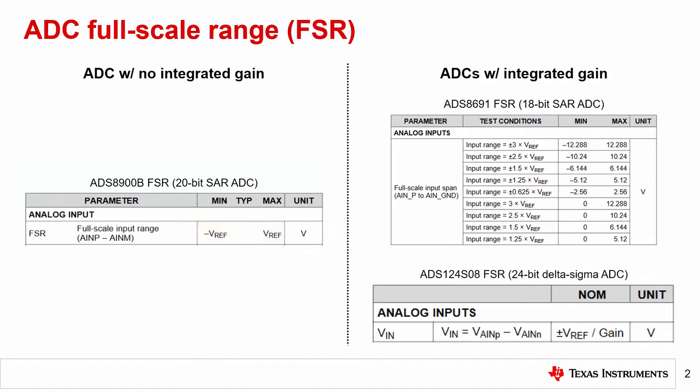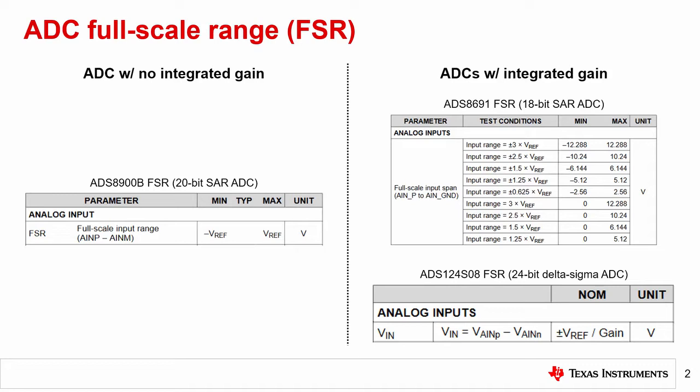While this FSR is typical of many ADCs, other ranges are possible. In some cases, the reference voltage may have a fixed scaling factor such as 2 times Vref or 1/2 times Vref. In other cases, the FSR might be single-ended, such as 0 volts to Vref. The ultimate takeaway here is that without an integrated amplifier or buffer, the ADC's FSR and input signal are limited by the ADC's reference voltage.